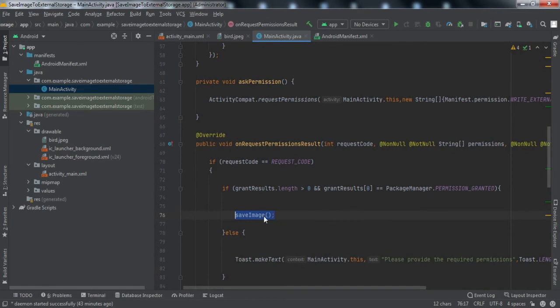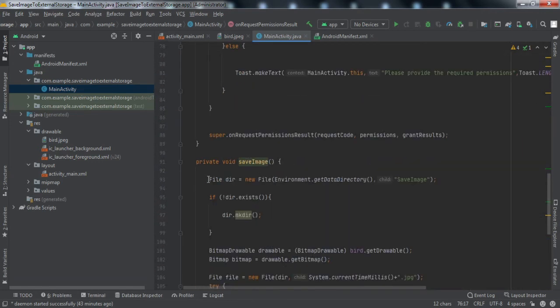So if we go to this save image method, it is here. So here we have made a file object named it dir for directory. So what we'll do is, if you have seen at the initial stage that there was this folder save image, right? So we'll make that folder first. Inside that we'll save the image. So here for this dir, we have made this path where we want to make our folder directory basically, right? So environment dot get data directory will give you the emulated zero internal memory, that path, and here you have mentioned the name of the folder. So you have provided the proper path.